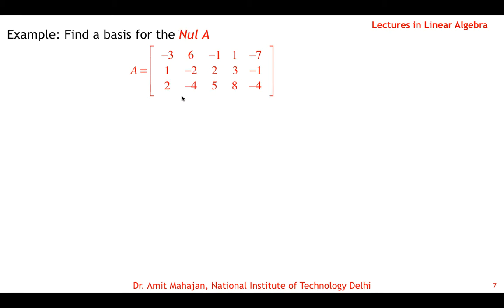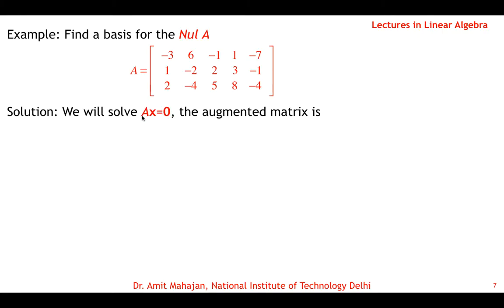So all we need to do is solve the homogeneous equation Ax = 0, and we know how to solve this. We write the augmented matrix, which is the matrix A and 0. The first 5 columns are the matrix A, and the sixth or last column is the right hand side 0 vector. Reduce it to equivalent form, and because we have to find a solution, the x vector, reduce it to reduced equivalent form.